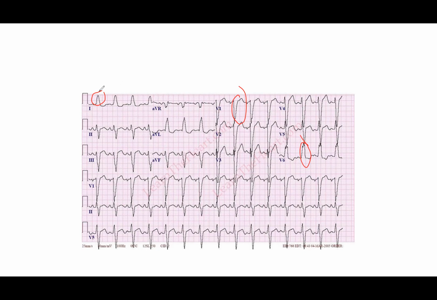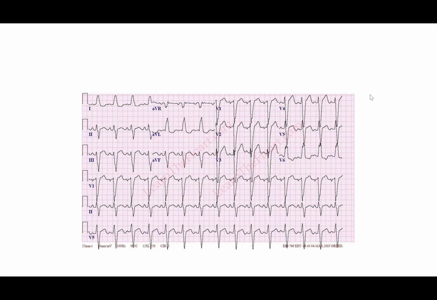When I say R waves only, I mean lead one does not have a Q, R, S. It has an R. That's what we mean by R waves only, right? It does not have a little Q wave. Okay, so